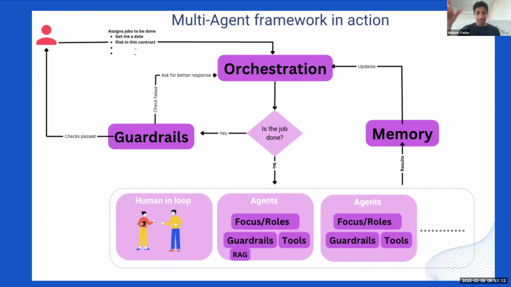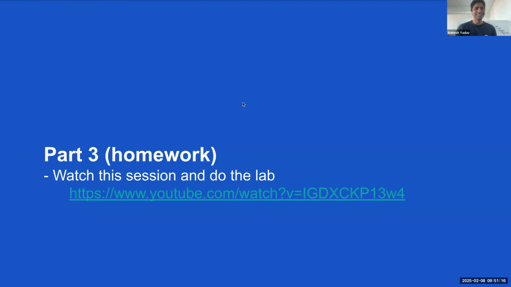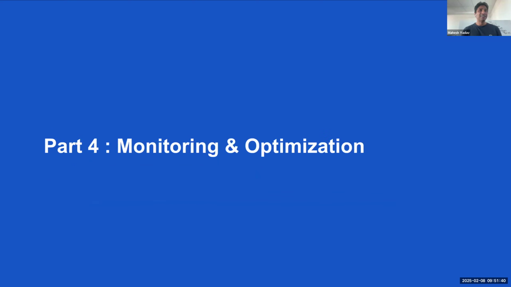Okay, and then I need to reach that future state. Okay, I think we are close. This is the part where you will get a lot of details. I know I'm touching a lot of things today. I told you this is a horizontal session, but here is a 1.5 hour YouTube video where I talked about multi-agent, how these come together. We also took an example. We built a Vertex AI agent with multi-agents to show you how these come together and how actually you can build and deploy these. So I highly recommend you to watch this.